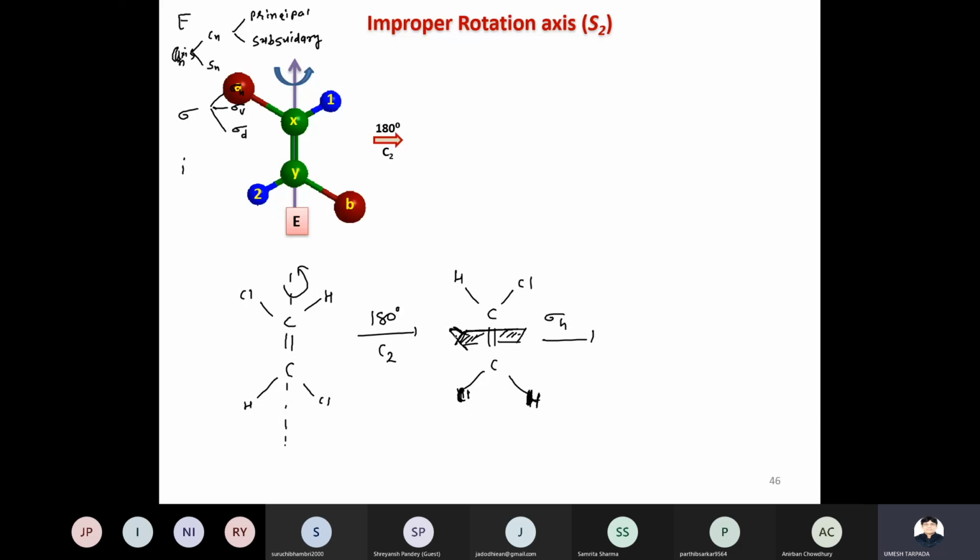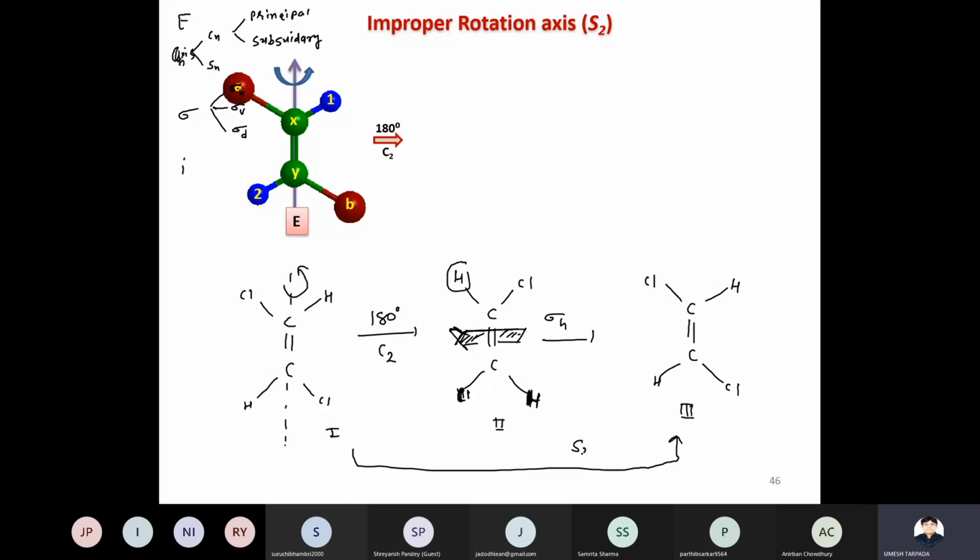You can take this plane to carry out reflection. So hydrogen is now coming to the position of Cl. Here it's a Cl, here it's a hydrogen, and here it's a Cl again. So now you can compare the first structure with the third one. These two are equal, and therefore the entire process is called